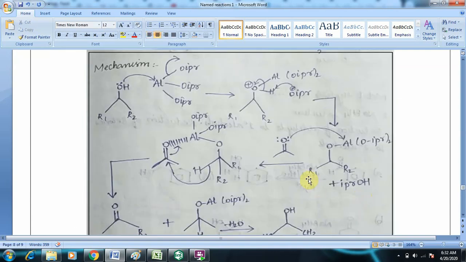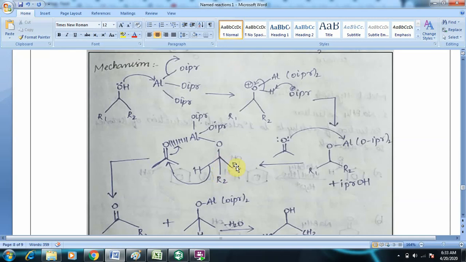So in the next step, again the acetone: we are performing the reaction in excess of acetone. So acetone reacts over here, forming a new bond. The ketonic oxygen has 2 lone pairs of electrons, and it will form a bond with aluminium. So here you can see there is a new bond. This is a partially formed bond, but it will be a complete bond in the next step. You can see aluminium still has 2 isopropoxide anions, and one bond is with oxygen and R1